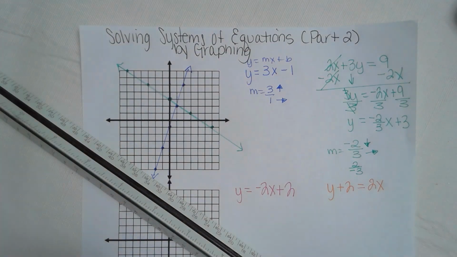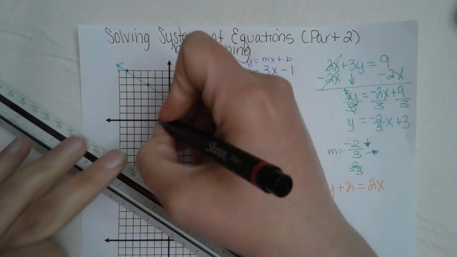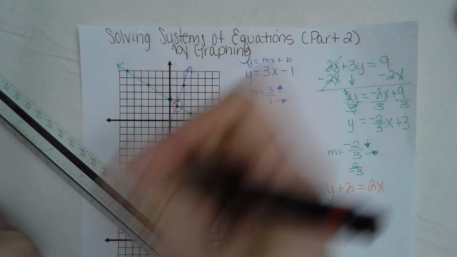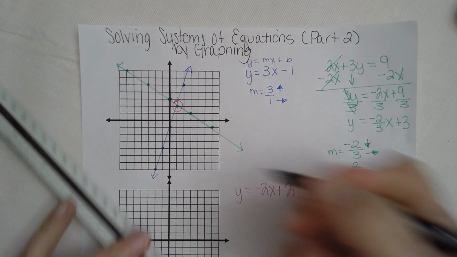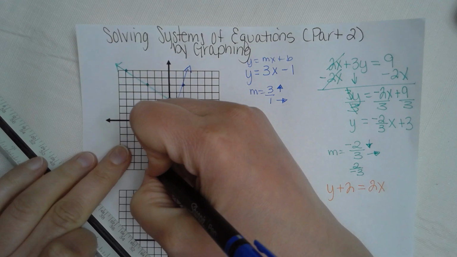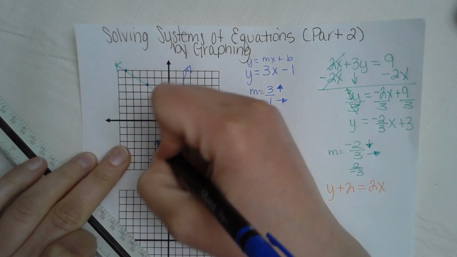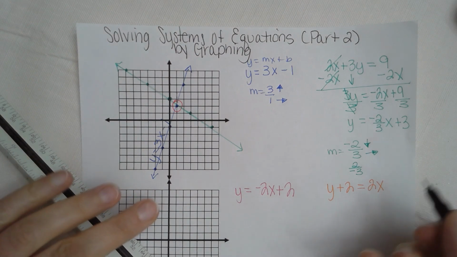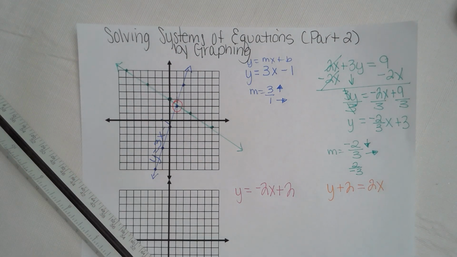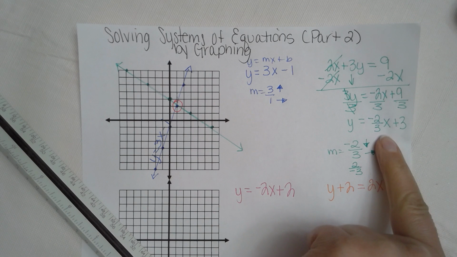Okay, and draw our arrows. You can see where it is going to intersect right here. Okay, before I label my answer, I do want to remember to label my lines. And with the green one, I want to,